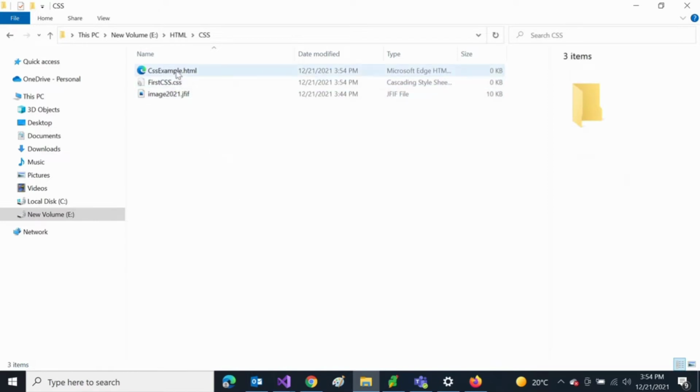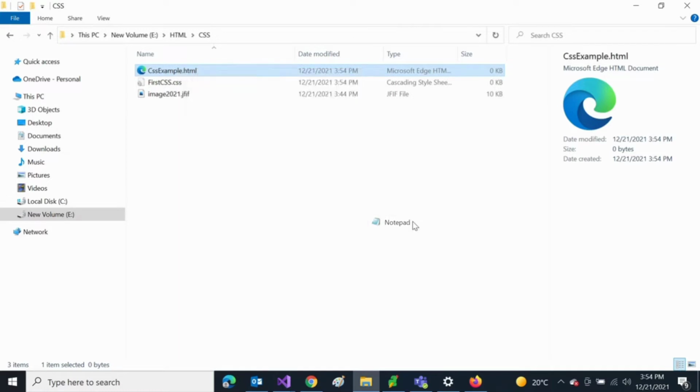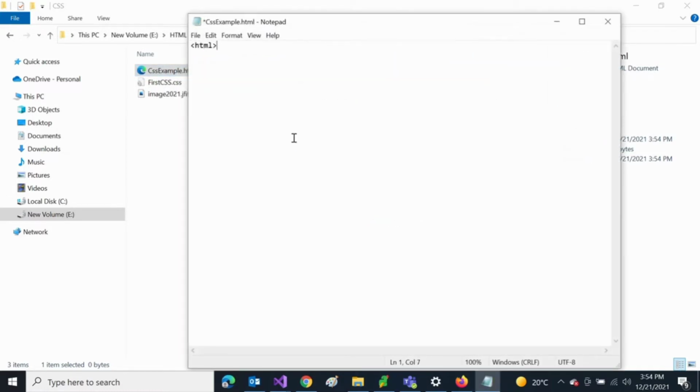So let's refresh it and open it first, or write something. So so far the basic skeleton is ready.